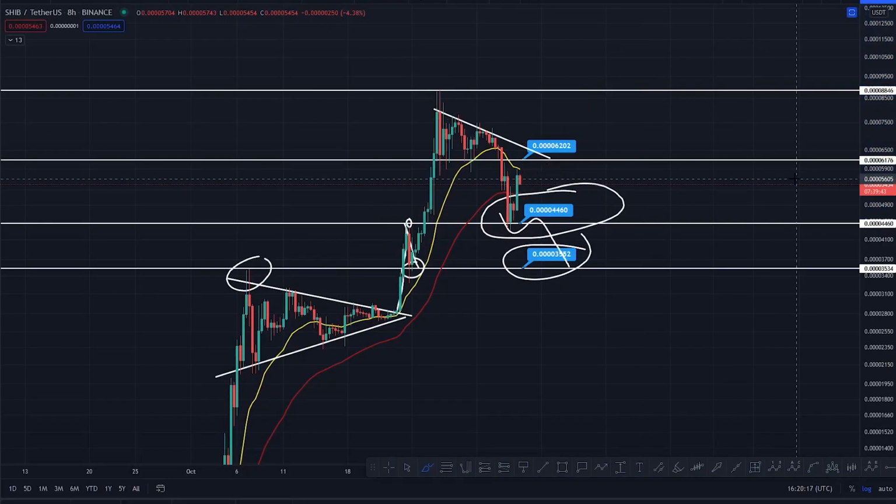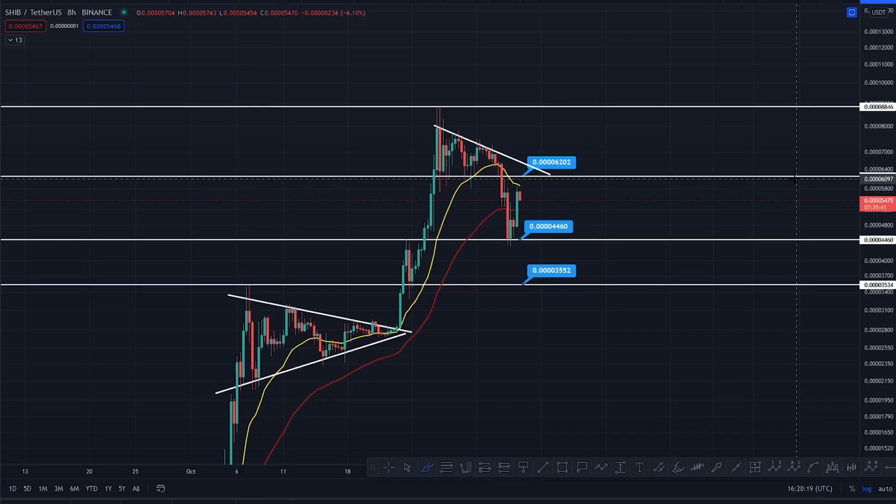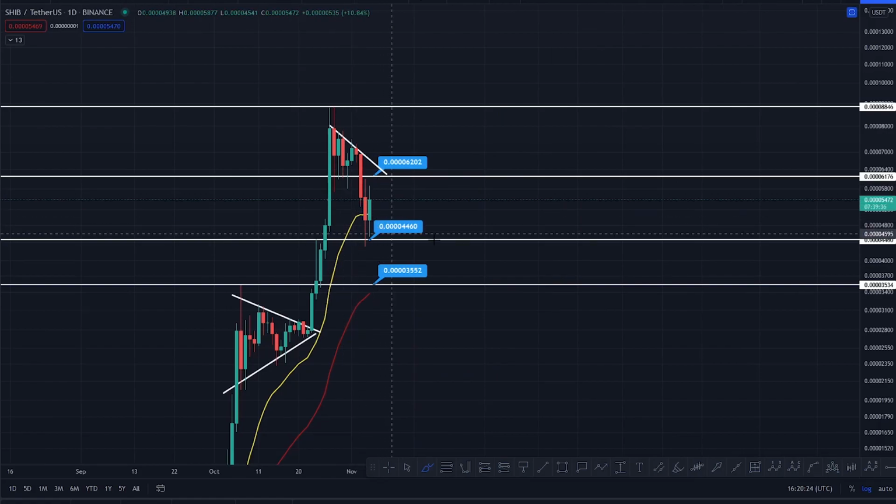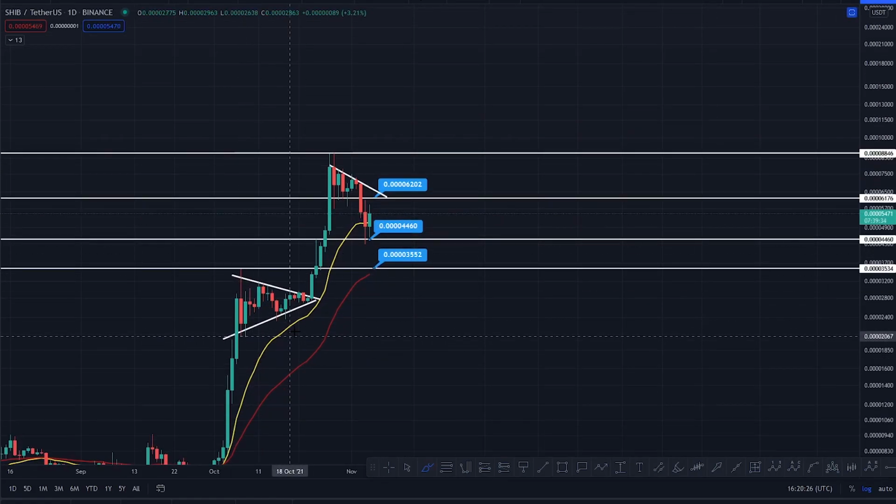So I'm going to tell you your impulsive wave target, providing you can hold this support and march on now for Shib. Let's have a look on the daily time frame, see how we're looking. So we're bouncing off the 20, which is really, really good. Like I said to you, going a bit vertical, you do usually see it come back down to this 20, and it's holding the 20 like a boss.